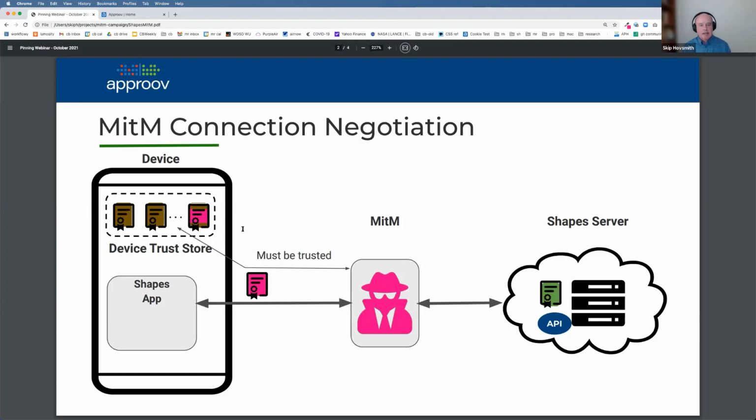We're going to be running our Android app on that emulator. So when the Shapes app makes a request to the Shapes server, the man-in-the-middle will intercept the request. It will then start the TLS connection and send over a certificate which says, trust me, I am the Shapes server. It will then walk up the trust store and find that yes, in fact, there is a certificate which will vouch for that up its certificate chain. So then this connection can be encrypted and decrypted. The man-in-the-middle can observe and manipulate all the traffic. It can easily make a connection with the shape server similarly, pass traffic through, intercept, read, replay.